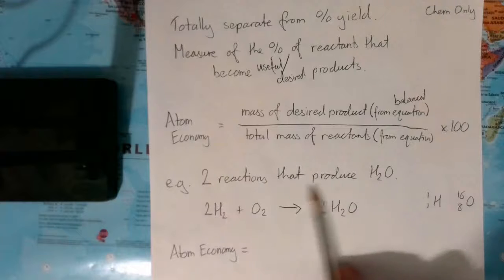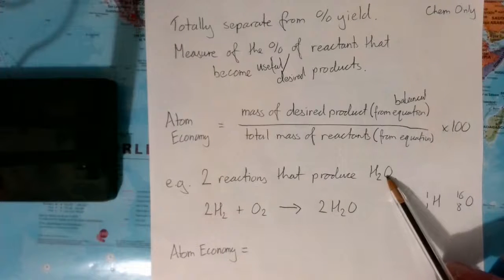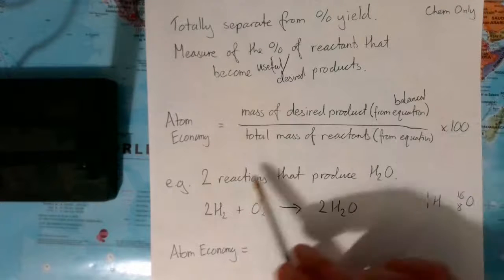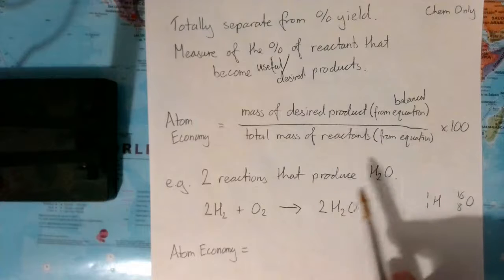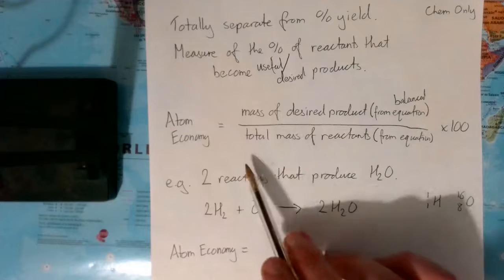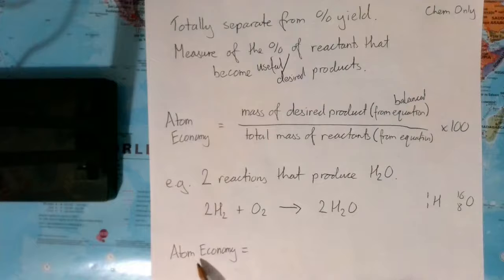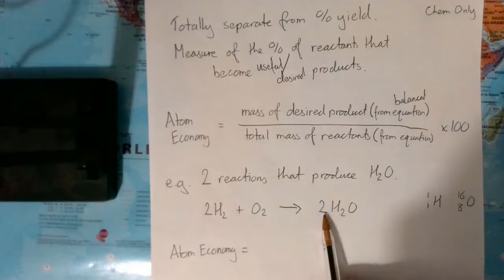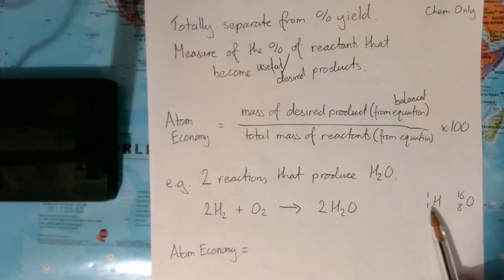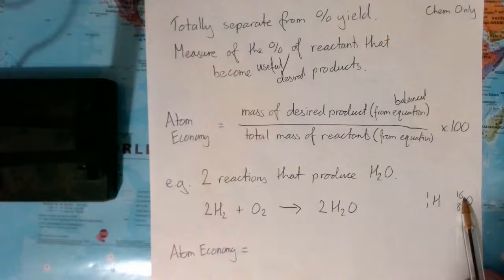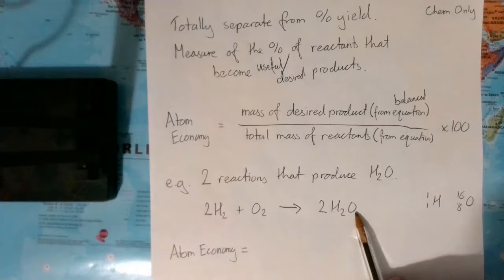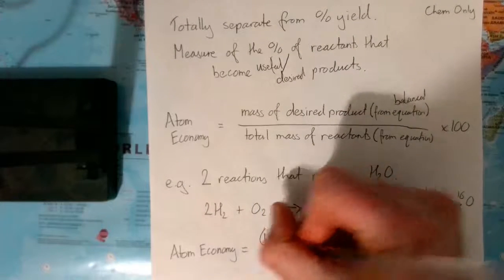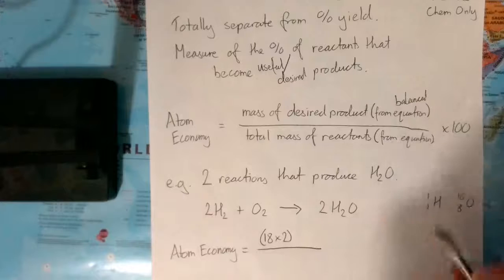So there are two reactions that I've picked. Each of them make water. So water is our desired product. What you've got to do is work out the mass of the desired product from the equation and then divide it by the total mass of the reactants. So here, atom economy, we're going to get the mass of water from the equation, as in, oh look, there are two waters. So hydrogen is a mass of 1, oxygen is a mass of 16, 2 times 1 is 2, add 16 is 18, so it's 18 multiplied by 2, and then we have to divide that by the